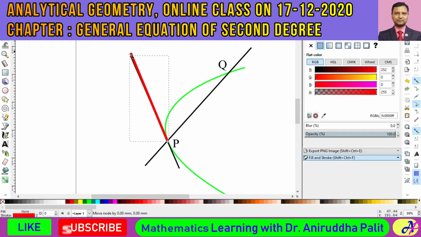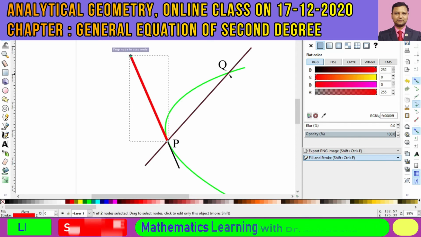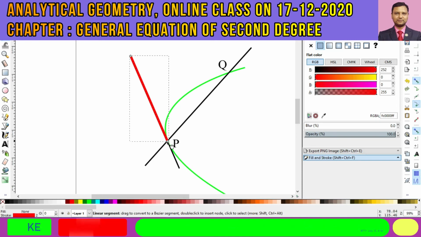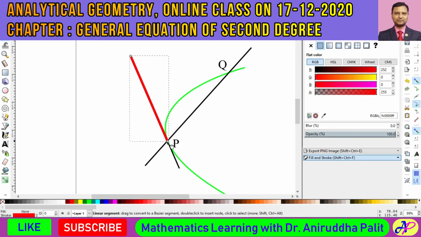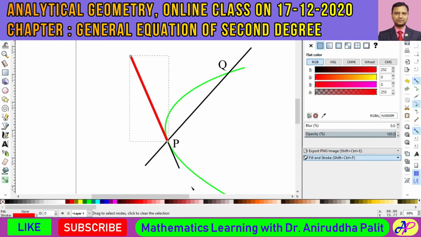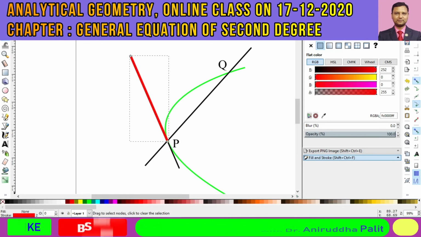Therefore, in order to get this tangent, we must take the limit of Q tending to P along the curve. Is it now clear? What I am trying to say, Q should tend to the point P, and in such a limiting position,